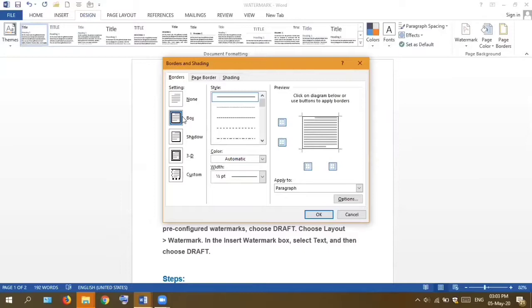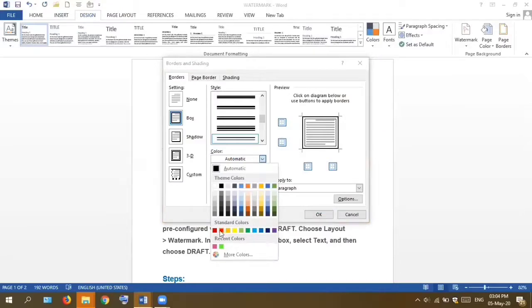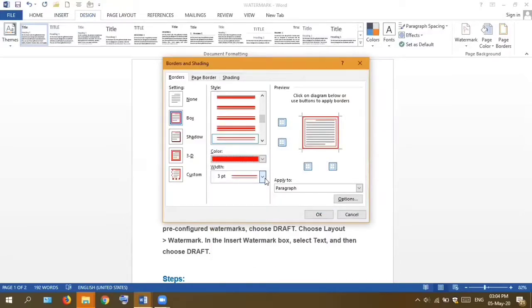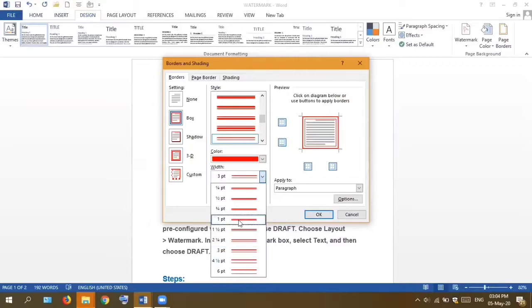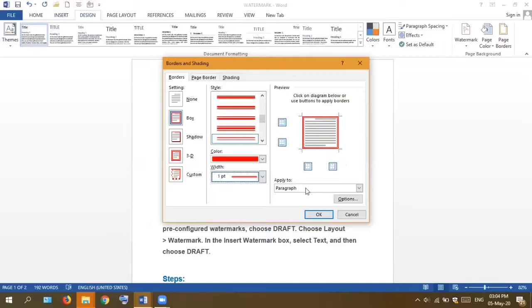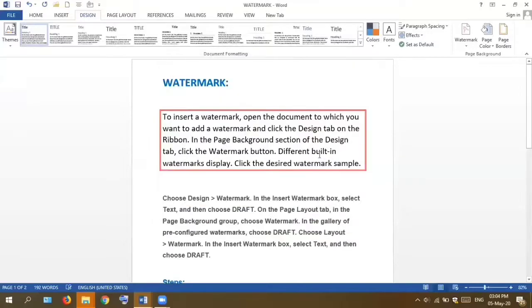I click on this box. Now, how do you want page border or outline? We have to select the style. So here I can choose any style. Let's say I choose this one. Here's a preview of your page, that how your page will look like. Then I can change the page color. Let's say I choose red. Then I can increase or decrease the width of this border. I can choose 1 point, then apply to paragraph or apply to whole document. So you can choose from this option. Next, OK. Sorry, this was applied to this paragraph.